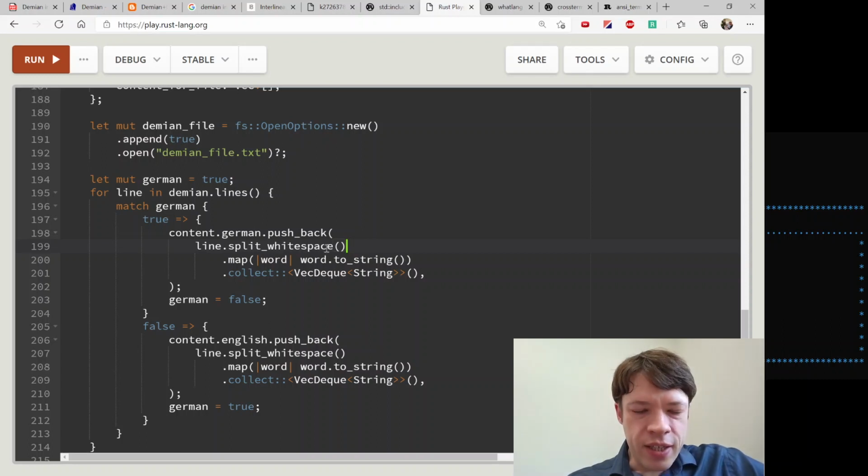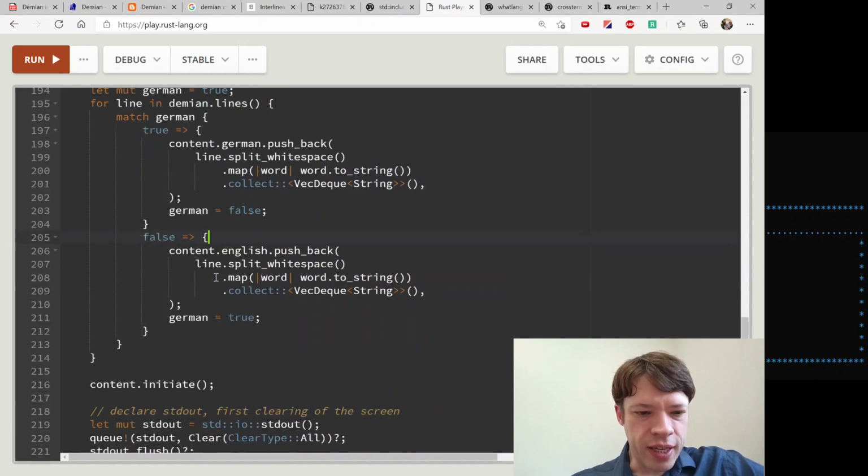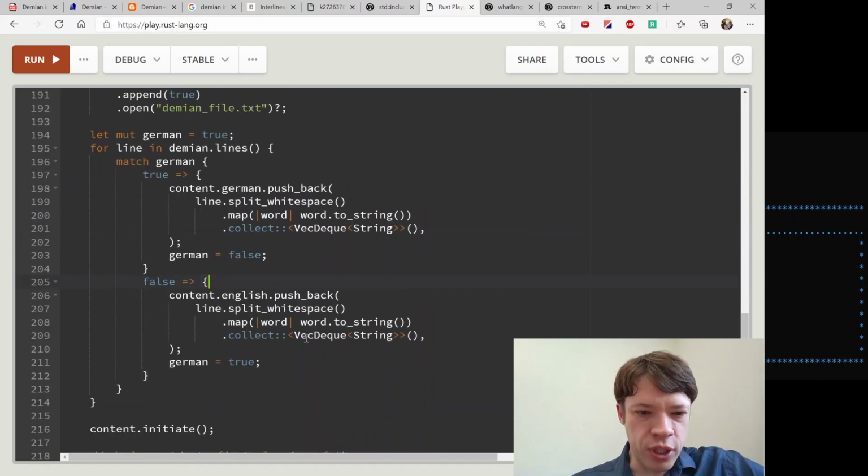And to keep things simple, I'm just using Strings because it's not very labor intensive, and if you use Strings, then you don't have to think about lifetimes. And so I map each one, turn it into a String, and then collect it into a Vec. And that gets pushed on.